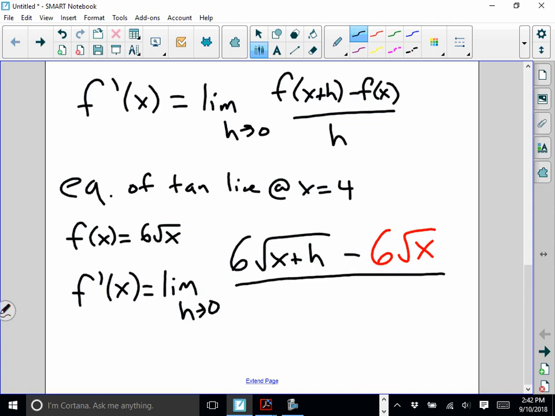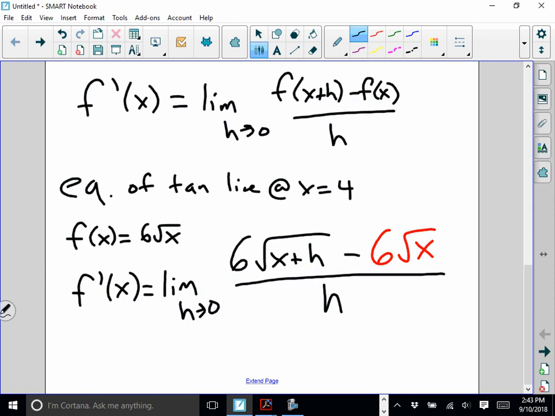So here we have our setup. Again, we need to have our f of x plus h, and we need to subtract our f of x. Notice that f of x here is a monomial, so there's only one term, so I don't need to put parentheses around that 6 root x. You're welcome to use them if you want, but you don't have to. In the second example, you are going to have to put that f of x in parentheses, because it's going